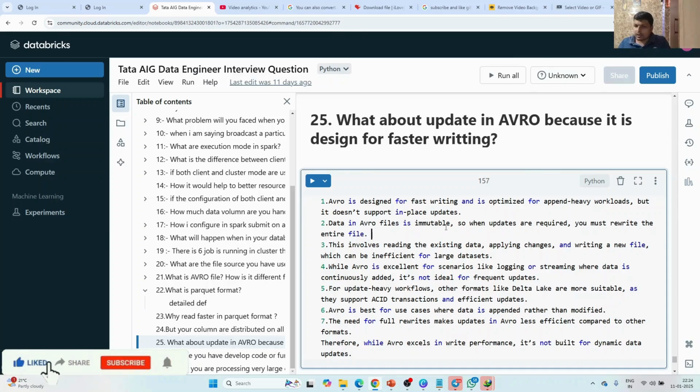Data in Avro files is immutable. So when updates are required, you must rewrite the entire file. This involves reading the existing data, applying changes, and writing a new file, which can be inefficient for larger datasets. So while Avro is excellent for scenarios like logging and streaming, where data is continuously added, it's not